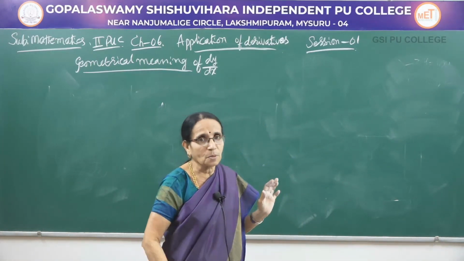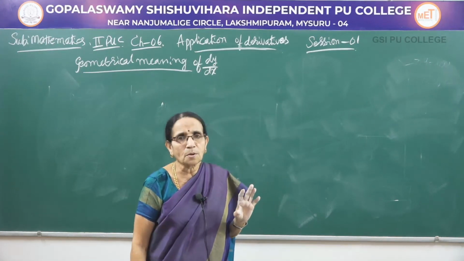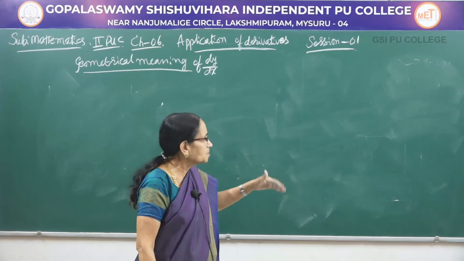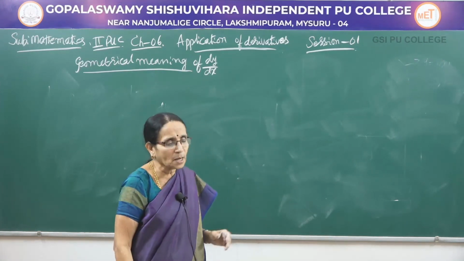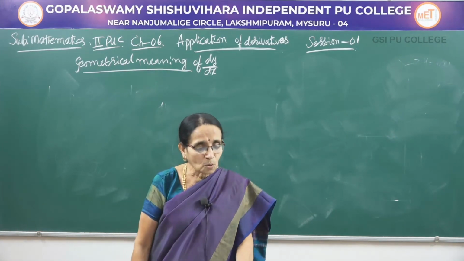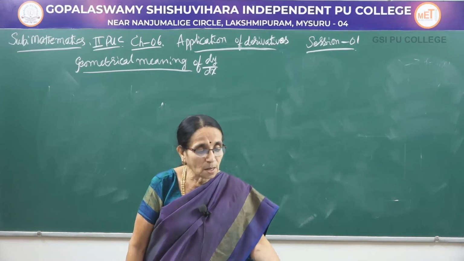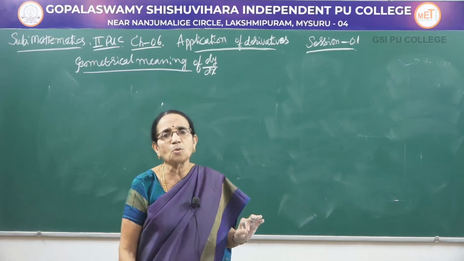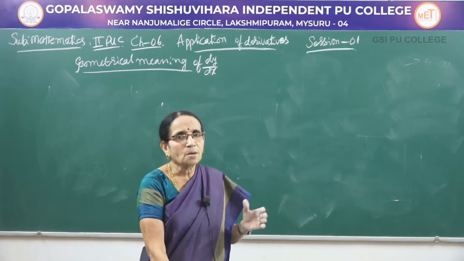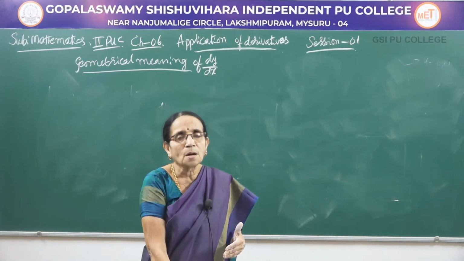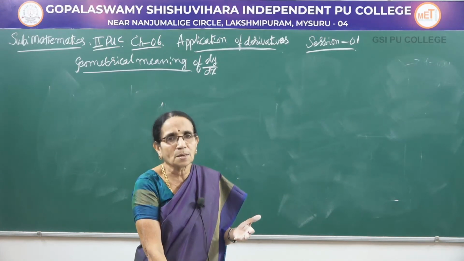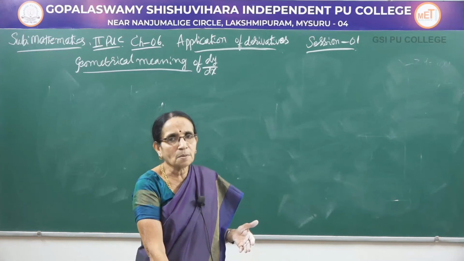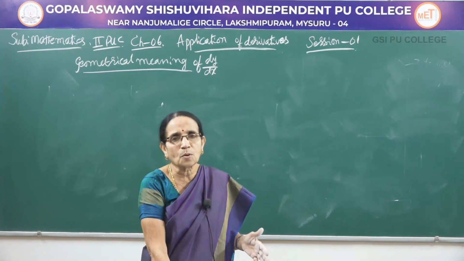So, both pieces of information: dy by dx equal to 0 or dy by dx equal to infinity, because these are the two extreme cases we will be considering. So, what we have studied now, we know the geometrical meaning. Whenever you calculate dy by dx, and a particular point is given to us, suppose the point is 2, 3, or 3, 4, or 4, -9, whatever the point may be, it may lie in any one of the 4 quadrants.